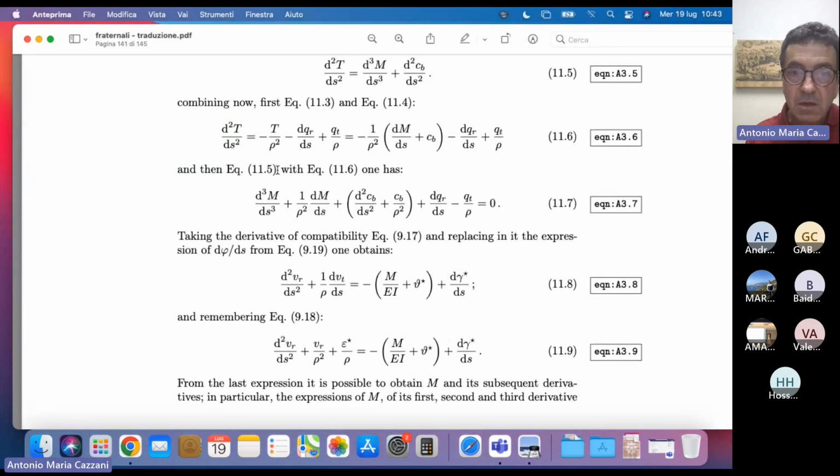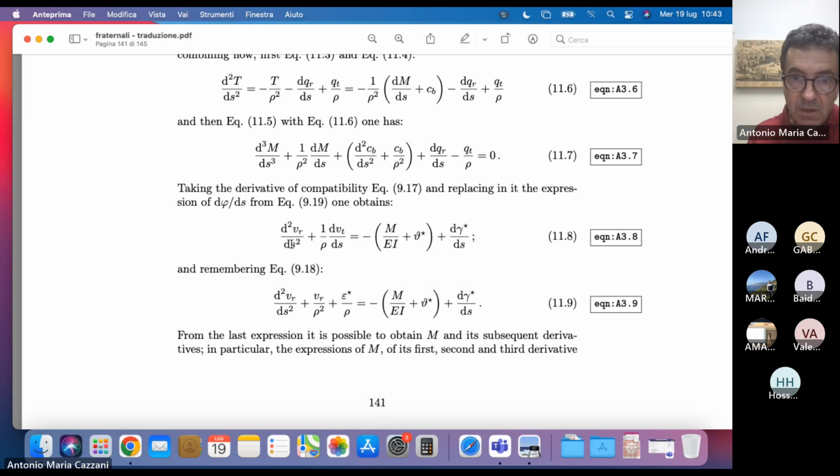And we see that the compatibility condition, once we have inserted the constitutive law, is this one. So we can rearrange terms taking into account